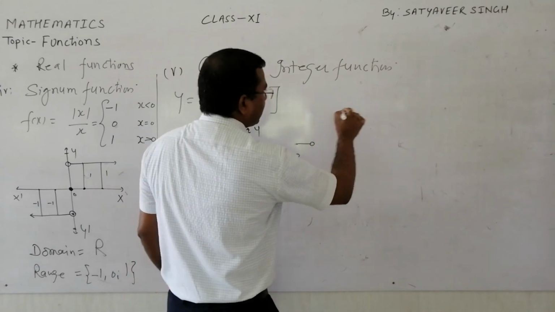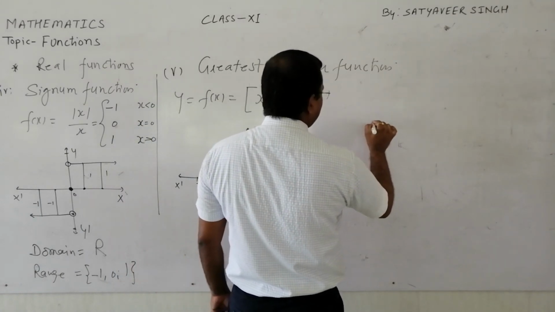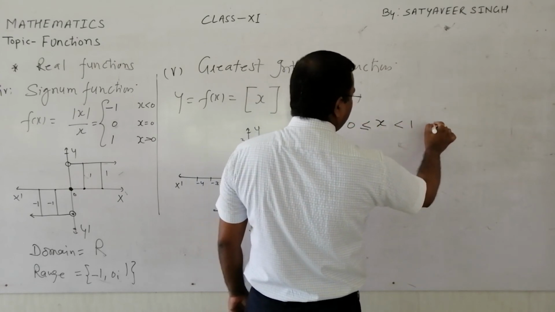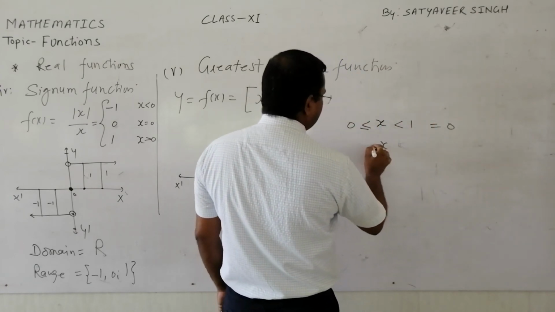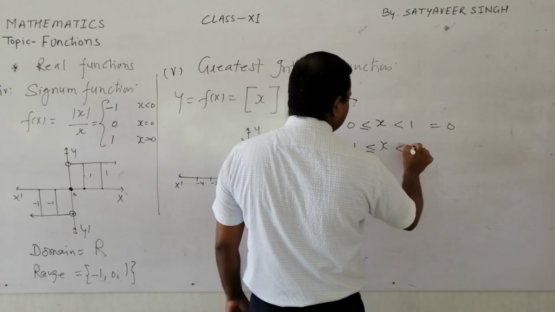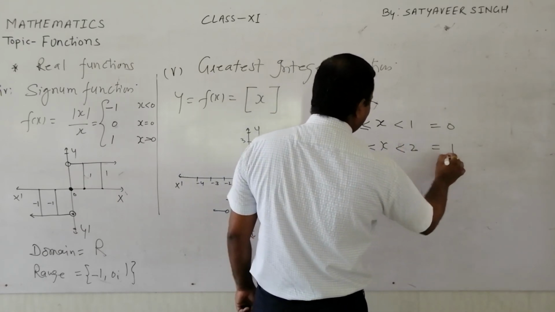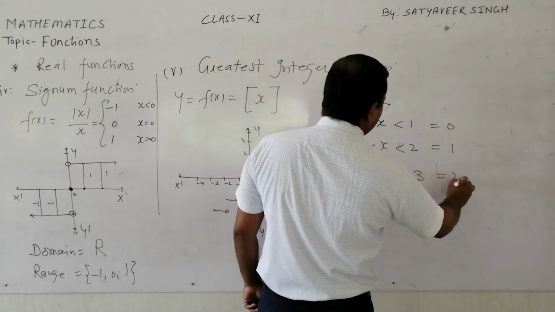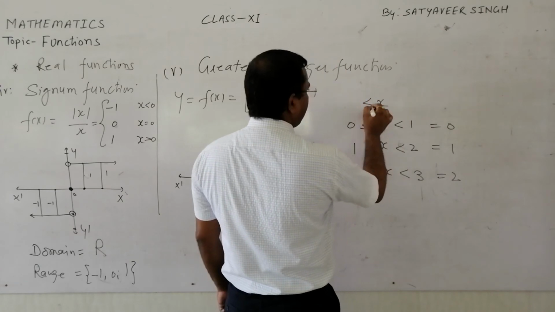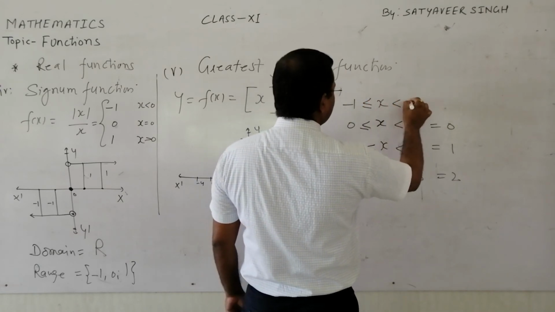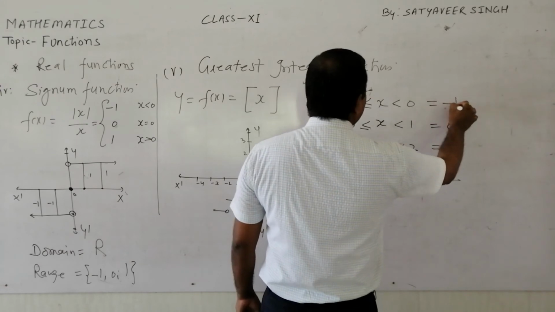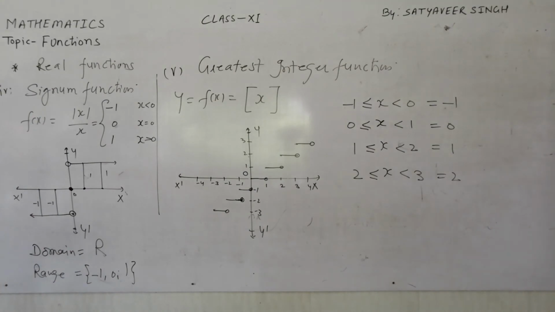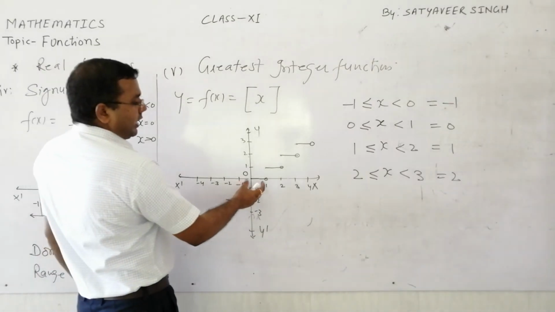See now, with the help of this you can understand more clearly, I think. If x is greater than or equal to 0 and less than 1, it gives you 0. If x is greater than or equal to 1 and less than 2, it gives you 1. If x is greater than or equal to 2 and less than 3, it gives you 2. If x is greater than or equal to -1 and less than 0, it will give you -1. So like this, these functions keep on moving. So whenever you take any value